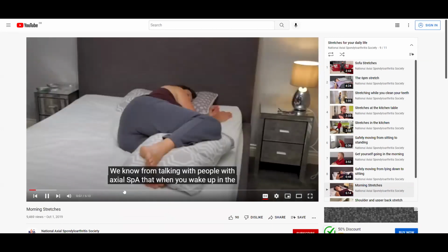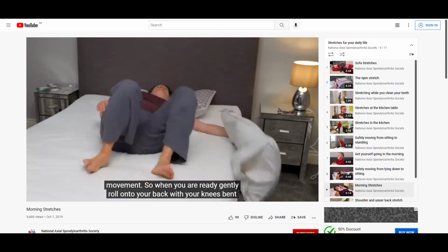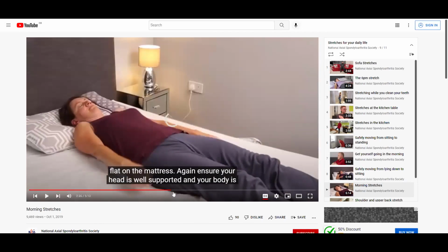We know from talking with people with axial SPA that when you wake up in the morning, you can feel very stiff in your joints and in pain. This is an especially difficult time for those of you who may be in a flare. These exercises are designed to get you gently moving and prepare your body for the rest of the day. Please don't worry if you can only do a few repetitions of each exercise. Some movement is certainly better than no movement. So when you are ready, gently roll onto your back with your knees bent up and feet flat on the mattress, or if you prefer with your